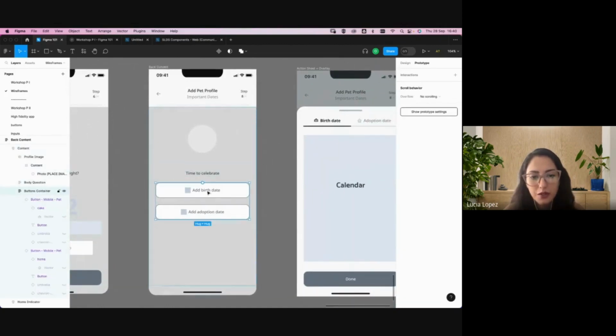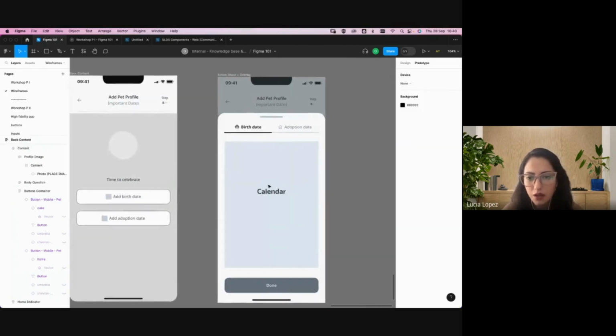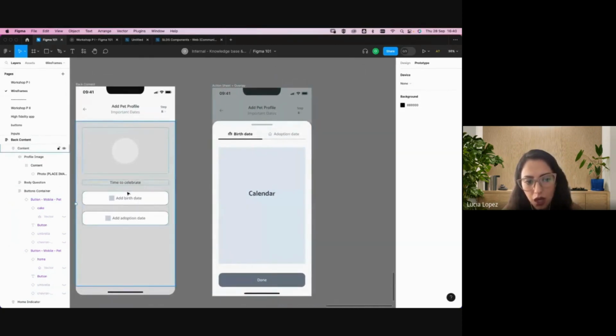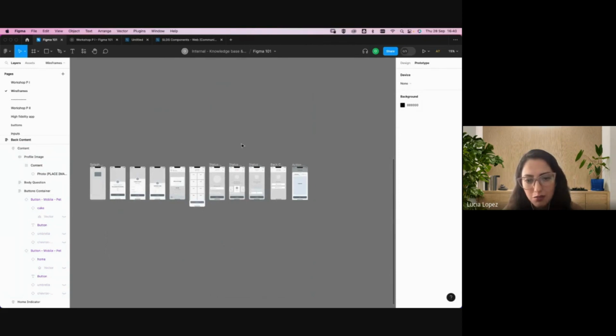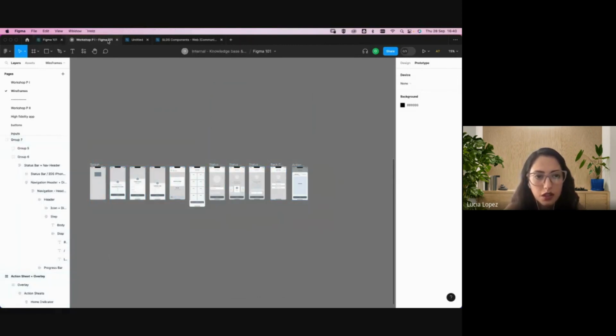Then we will have some space for important dates of the dog, let's say. So it could be a birth date or an adoption date. And here I left some space for icons. I just think it would be nice to have an icon. And to add one of these, it will open a calendar. So this is not the app finished by any means, but just having a few screens of the whole